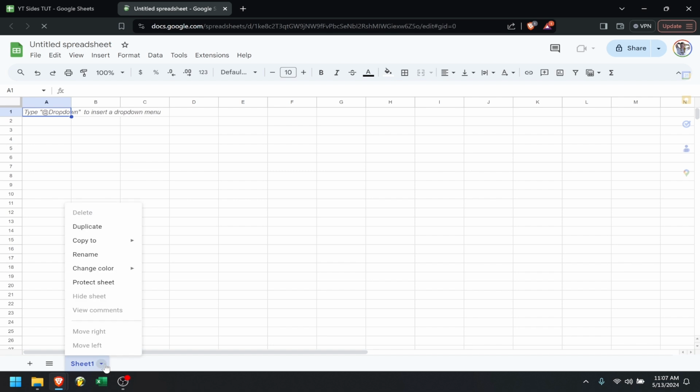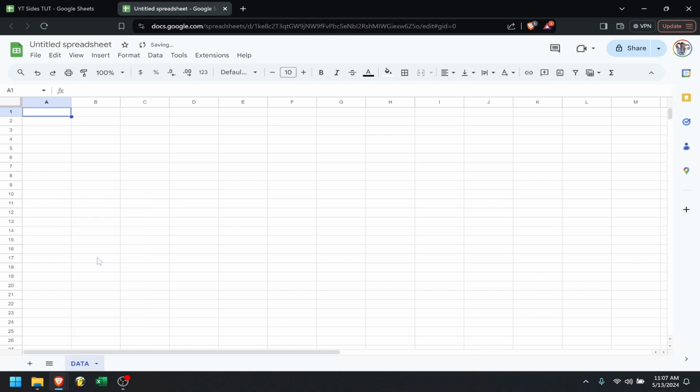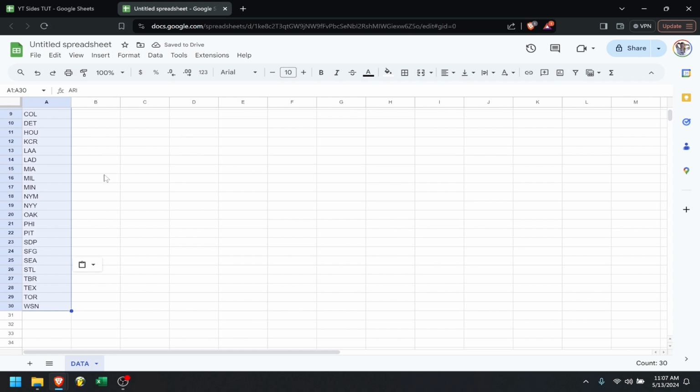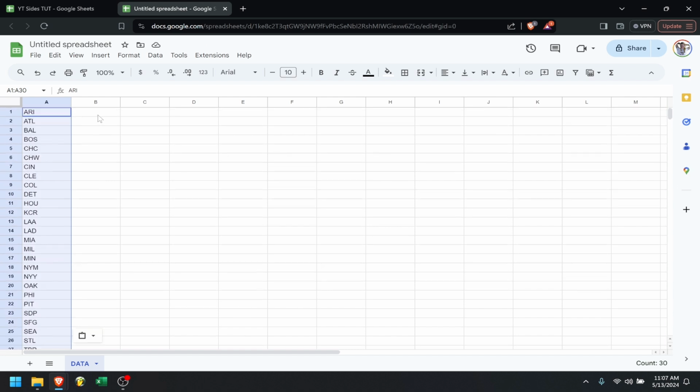So firstly, I'm going to rename this sheet down here to data, and then I'm going to just paste in the list of all the teams, their 3-letter abbreviations, and we need to get the link to their schedule and results page on Baseball Reference. So I'm going to type this out so you can see how the smart fill can work for us. So it's going to be